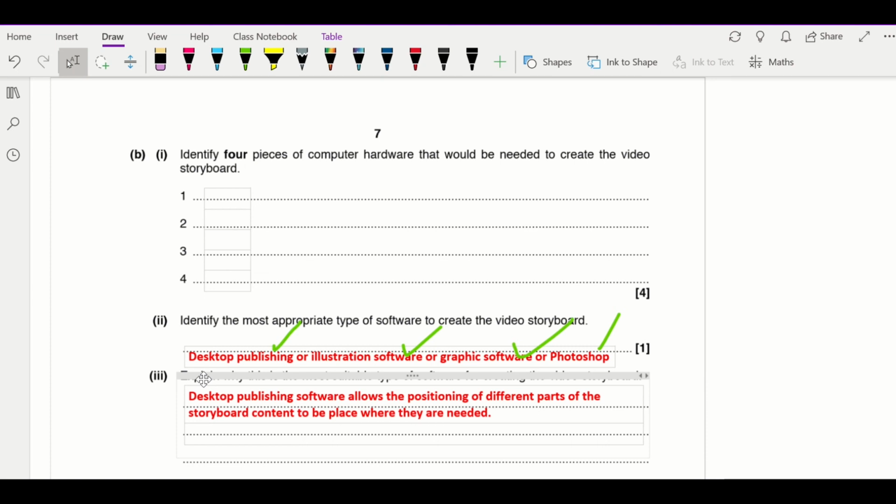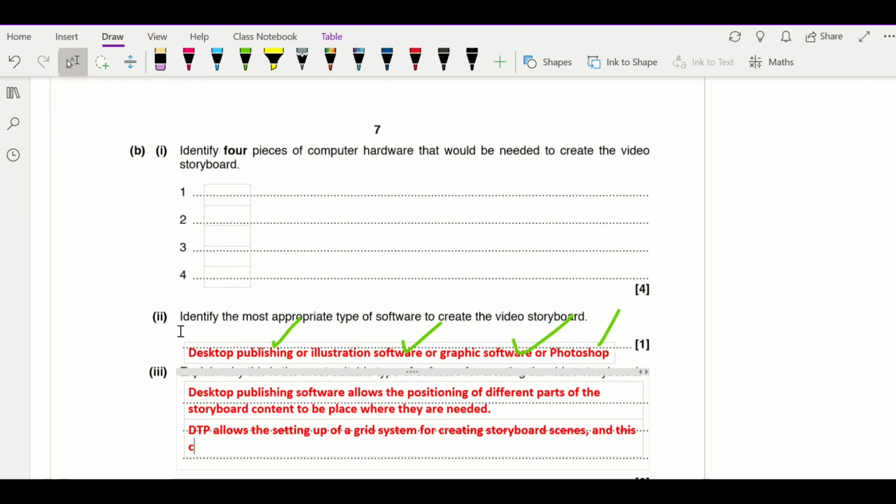Or you could say desktop publishing software allows the setting up of a grid system for creating storyboard scenes,